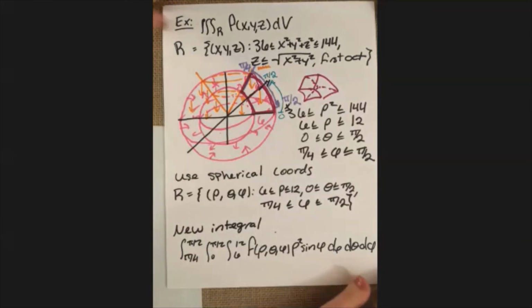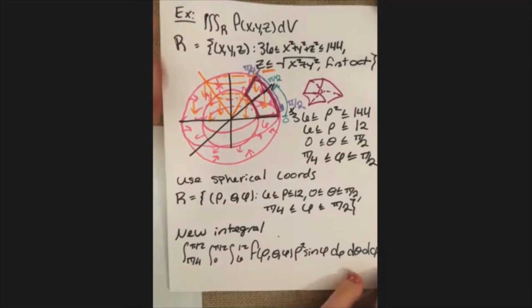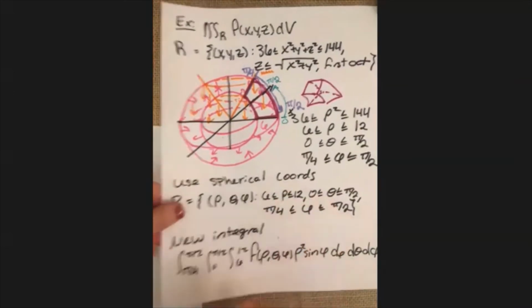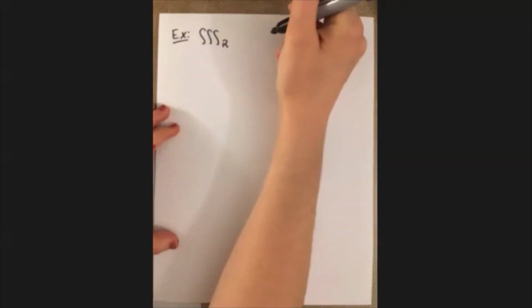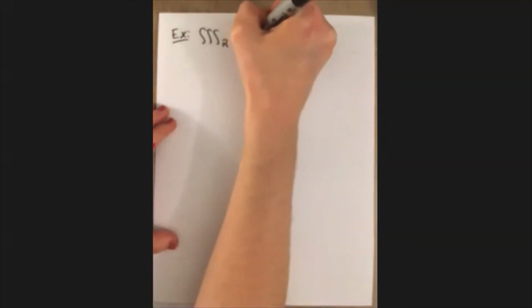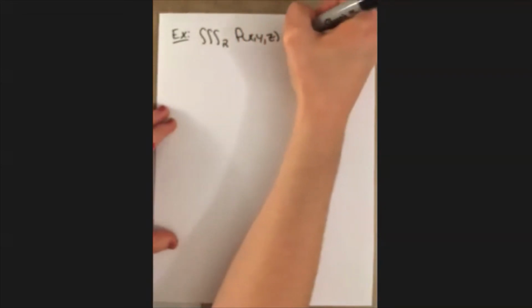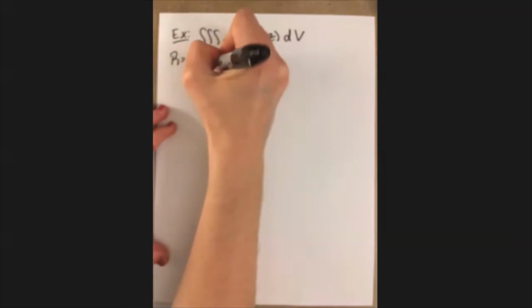So that's pretty much it for that one with the spherical coordinates. And then I've got one more for you. So for this one, the triple integral over a region R of f(x, y, z) dV, where the region is